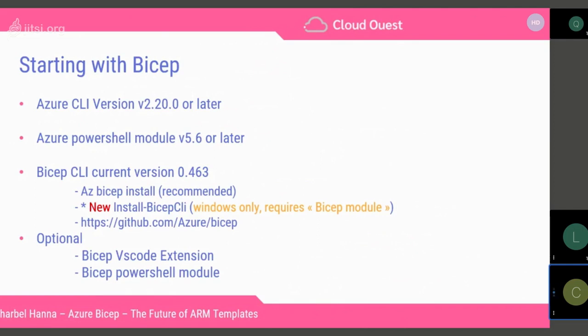For this, we need to install the Bicep CLI independently on your Windows machine. You can do this by installing the Bicep module on PowerShell, or by installing the Bicep CLI manually. There are some kinds of installers. There are many ways to install this. If you go to github.com/azure/bicep, which is the official documentation of Bicep,